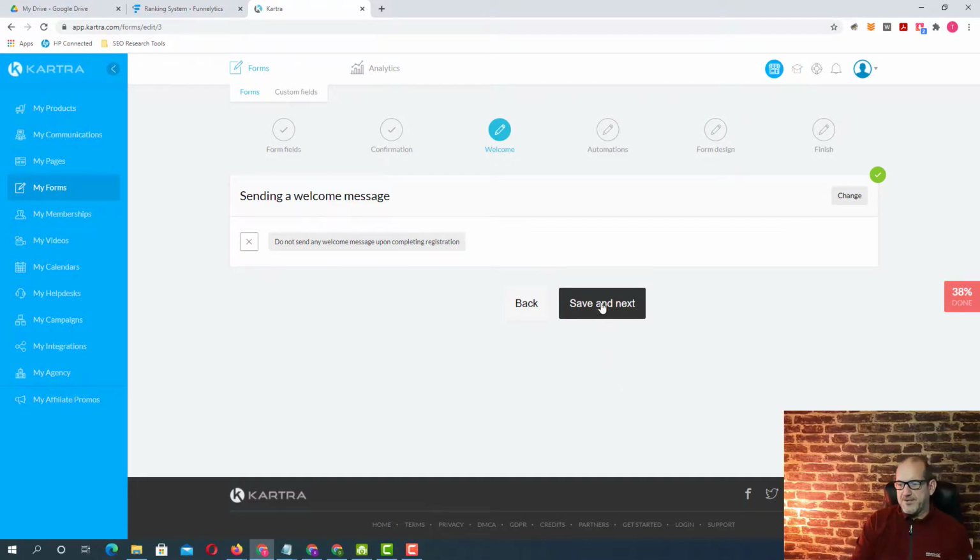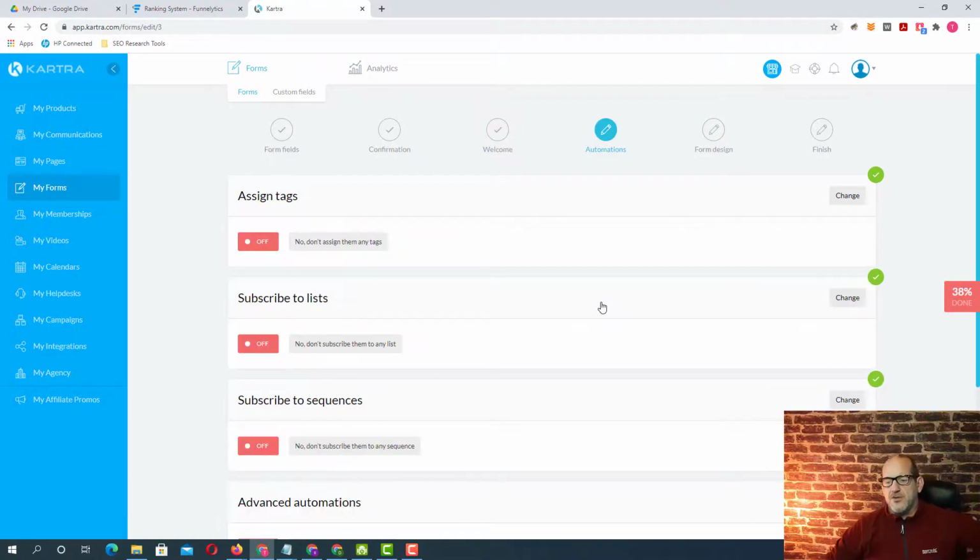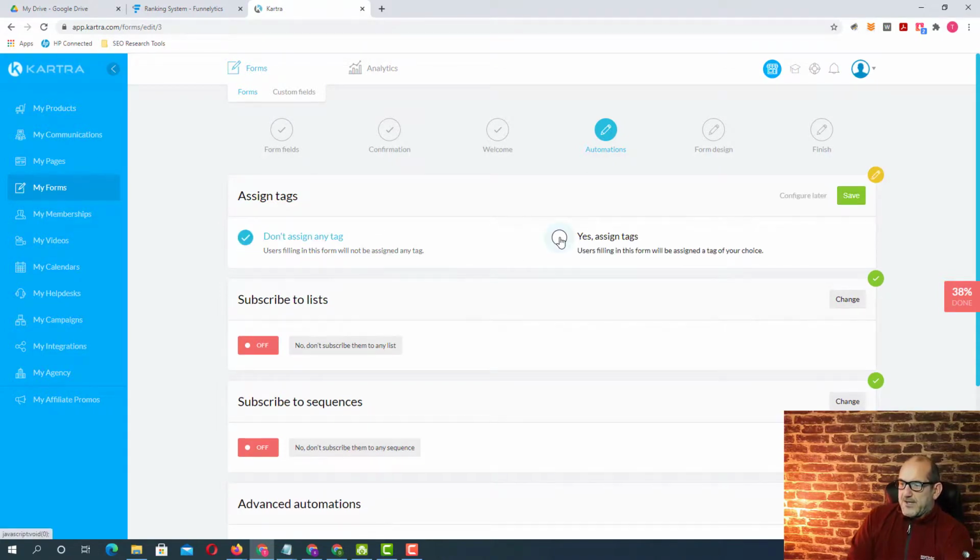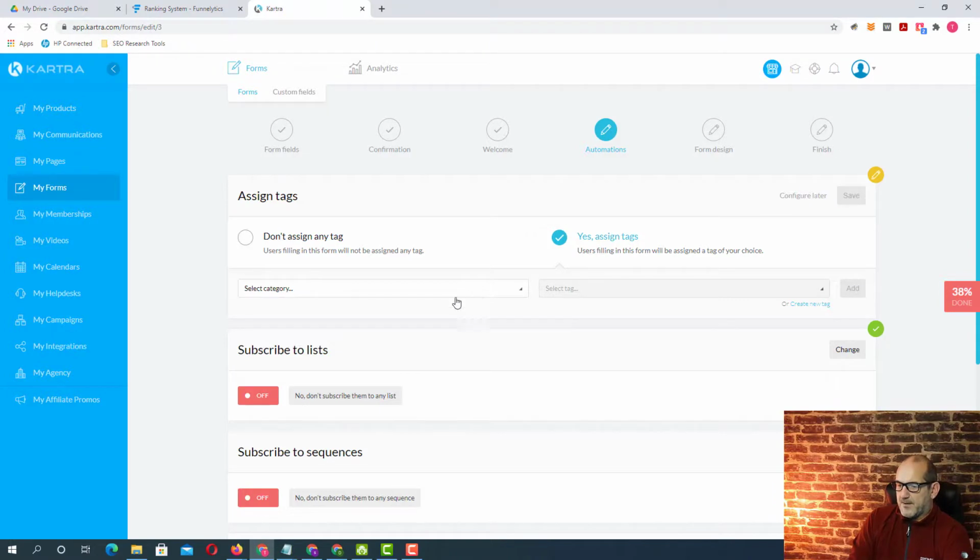We don't want to be sending a message because they're going to be added to our automation. Now this is really where it all starts to kick into place. So we had to create the tag and we had to create the list a few videos back, and we've now just created our sequence, and that's why we create the sequence first before the form, because it's going to ask us to have this. So we're going to say yes, assign a tag. The keto campaign, and we've only got one tag in there, so we're going to have the keto tag, and we're going to add that,